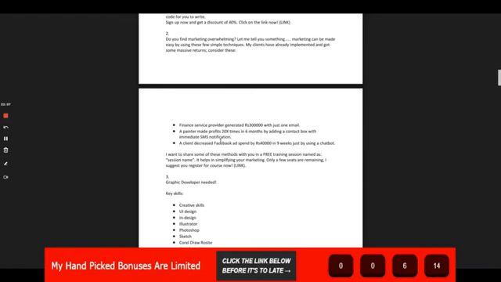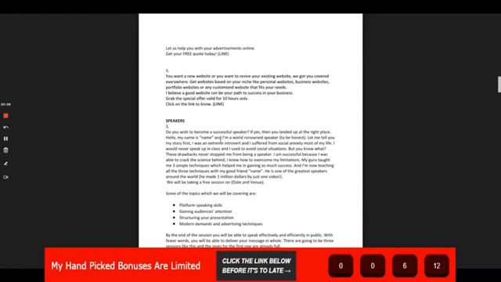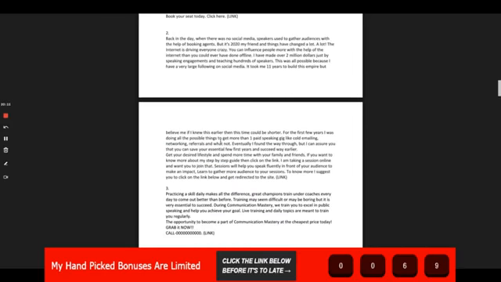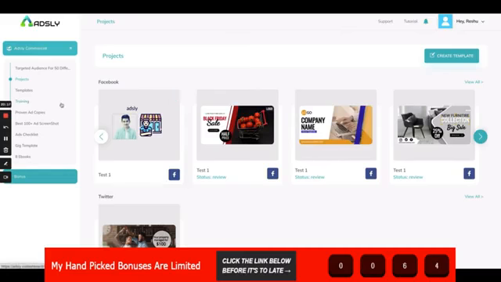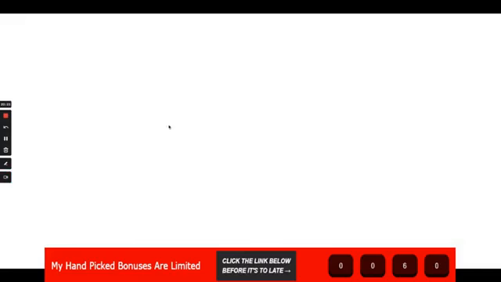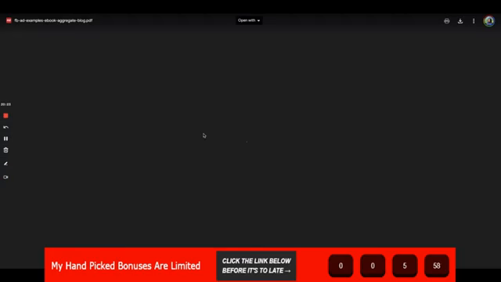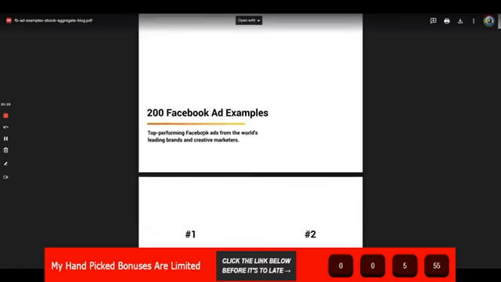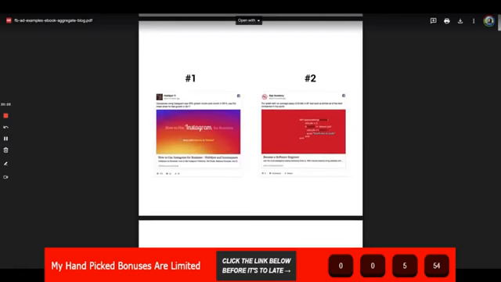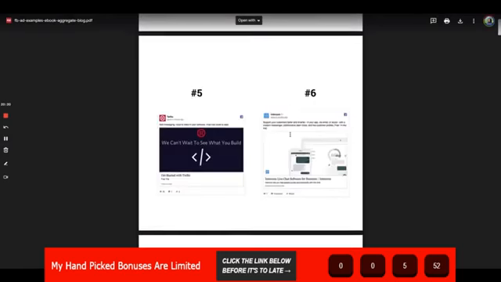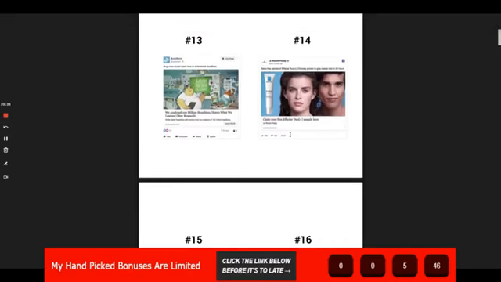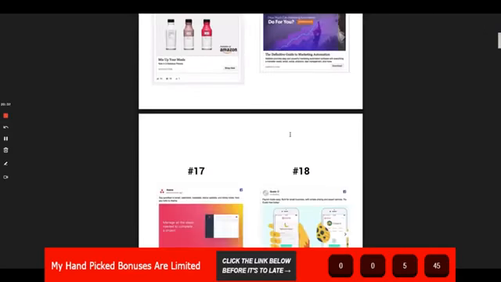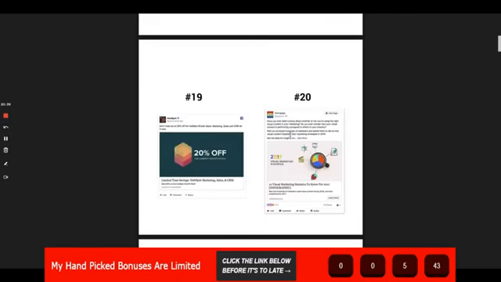Not all the niches, but yes, definitely we have taken help from good expert marketers of different niches to create these ad copies, to ensure that we give you something that actually works. Then we are giving you the best 100 plus ad screenshots that have done wonders for internet marketers. You can take examples from them and create your own ad. These are all proven ads which have converted really well and given really good results to the marketers.